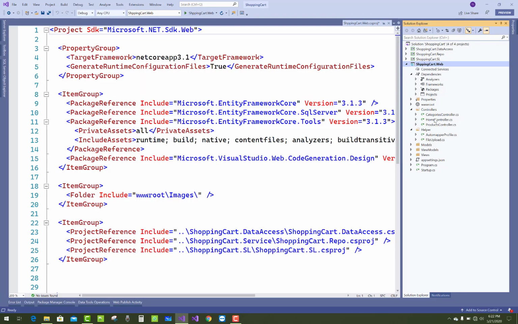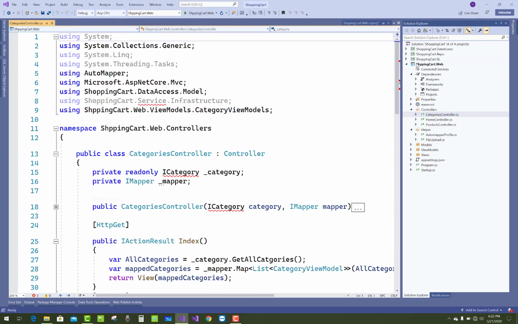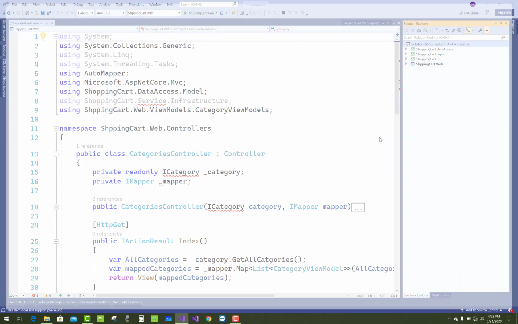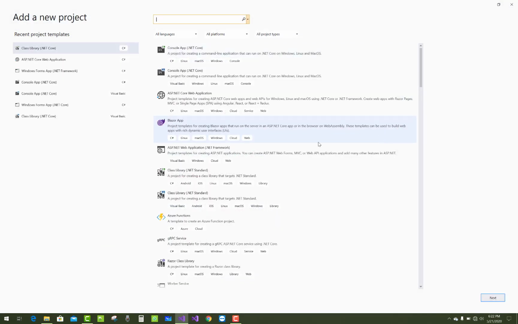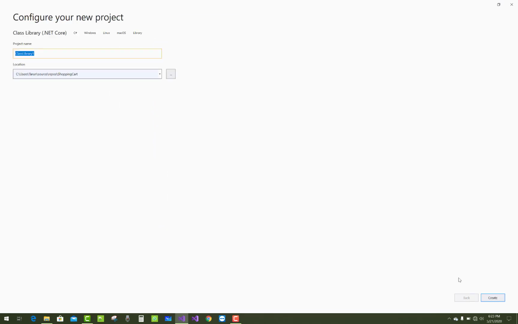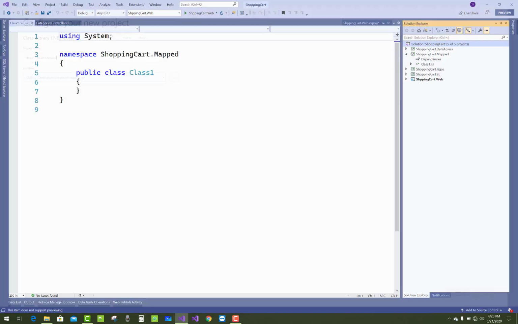Today I am going to show you the next video tutorial of the shopping cart project, and this is part 2 of the code optimization. In this project we just separate some mappings from the controller, or you can say the web project, to other projects. So just remove those mappings from the web project, and also create separation of concern between the projects.